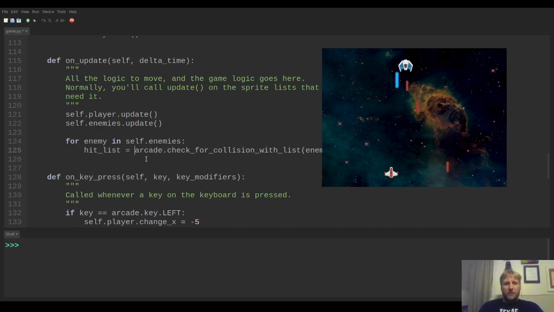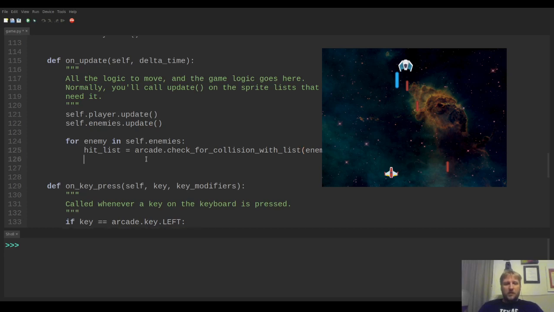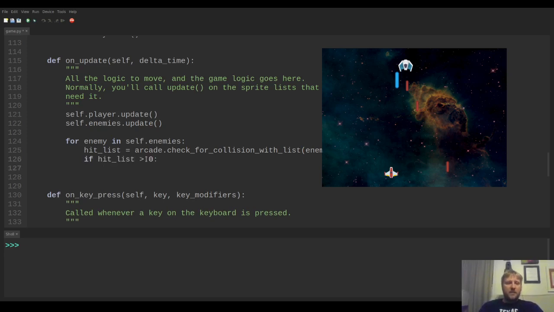Okay. And then we're going to say, okay, so if hit list is greater than 0, in other words, if this enemy collided with any of my lasers, then we want to remove that enemy